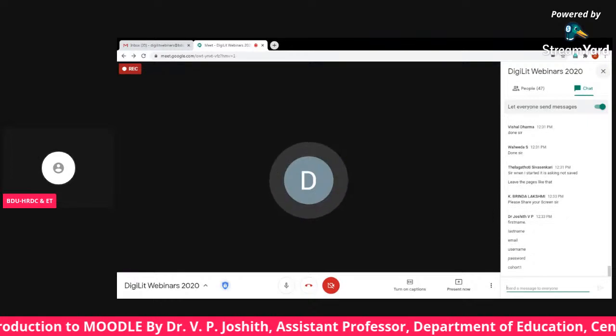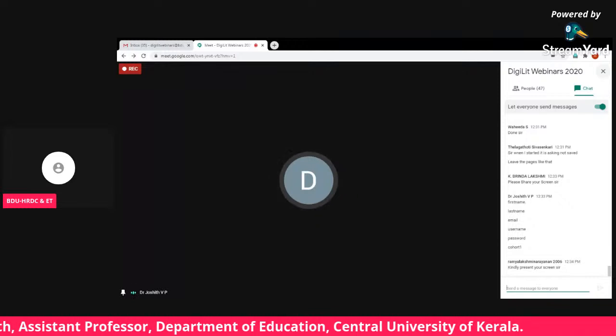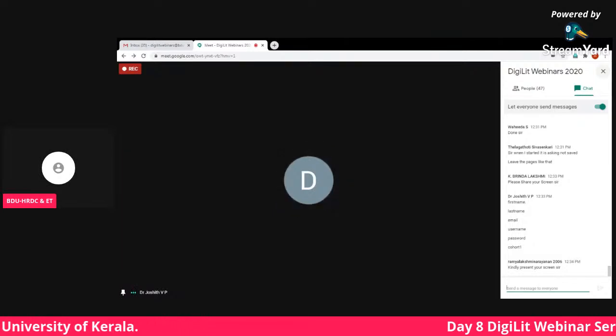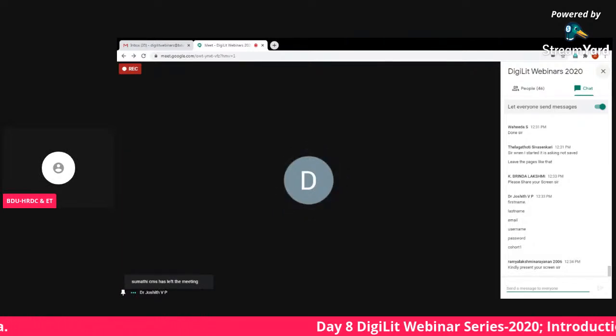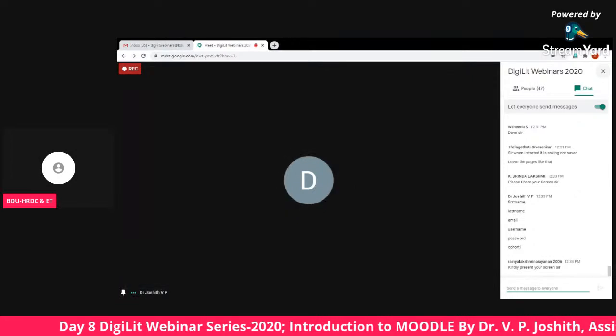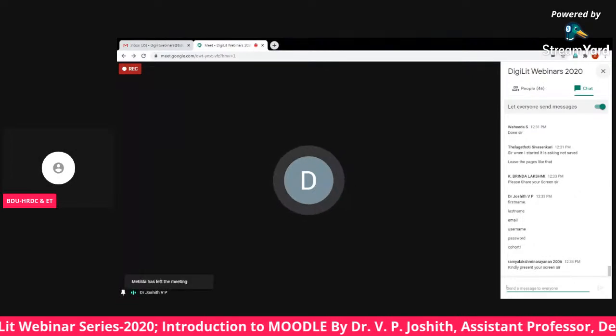First name, no space between first and name. Please see the chat box properly. Last name also the same. Email, it is only email, not email ID.